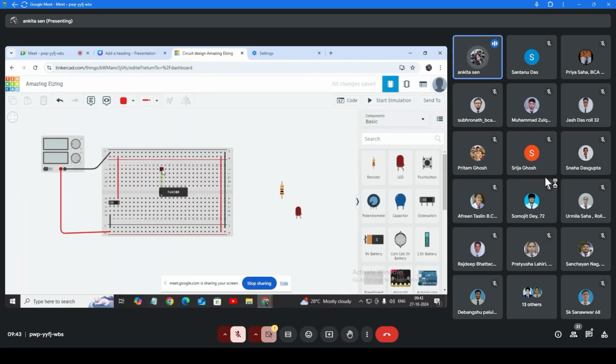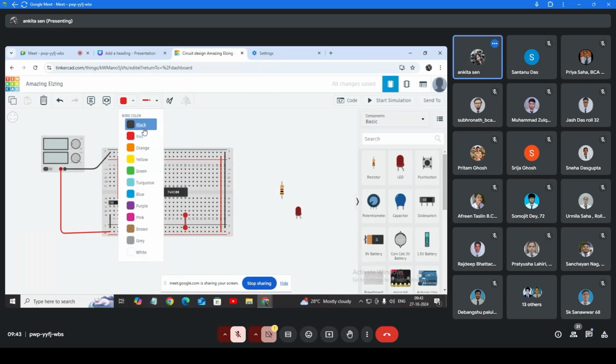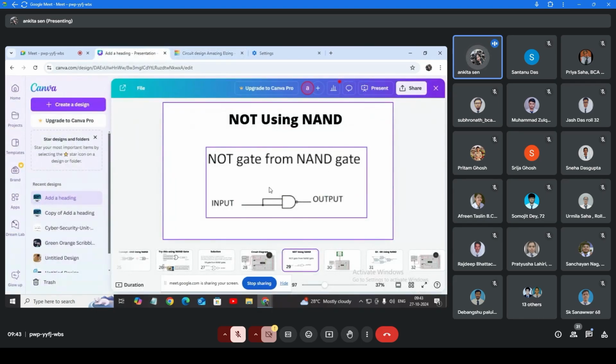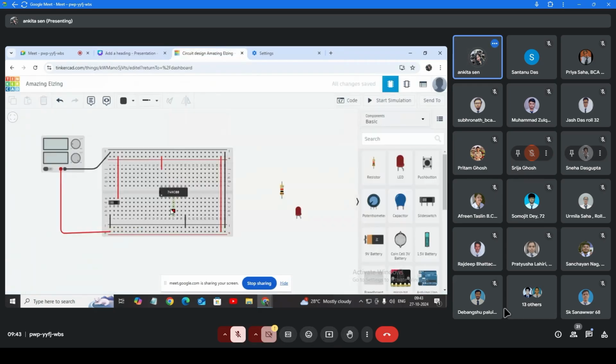Acha, next is the power pin, it needs to be connected to here. Let's connect it here. And this is the ground pin. Let's connect it. Okay. Next is what? You need to have this pin. It's a very easy one. You need to short any two inputs of the NAND gate and connect it to the input pin. Like this, input 1A, 1B. Let's short it. Change the color. Acha, common pin needs to be connected to here.